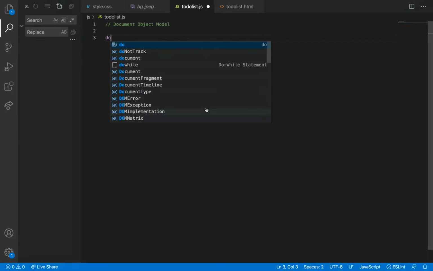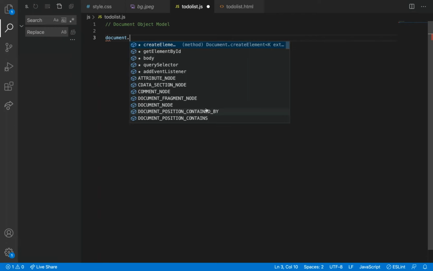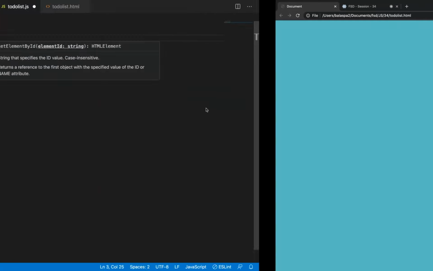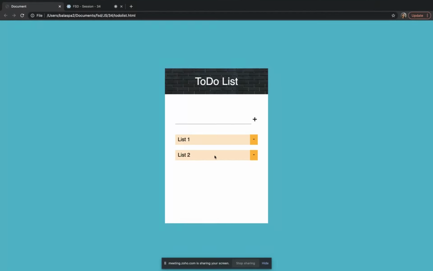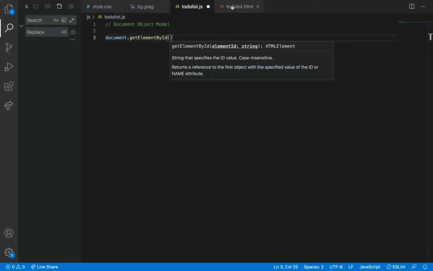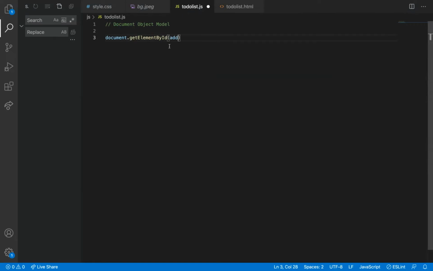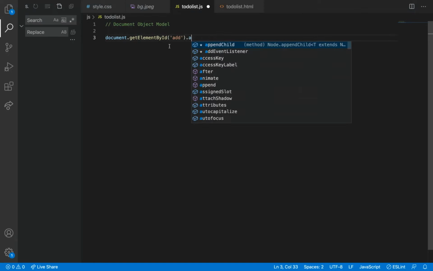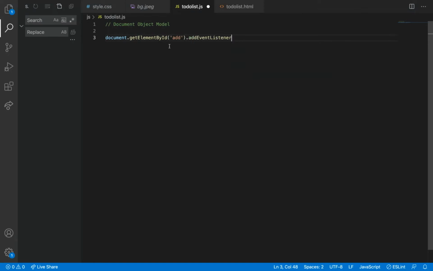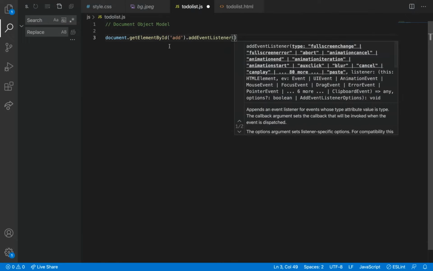So first I need to get that element. document.getElementById of what is that element's ID? Plus add. So I'm going to get add. I got that element now, and then I'm going to add a listener.